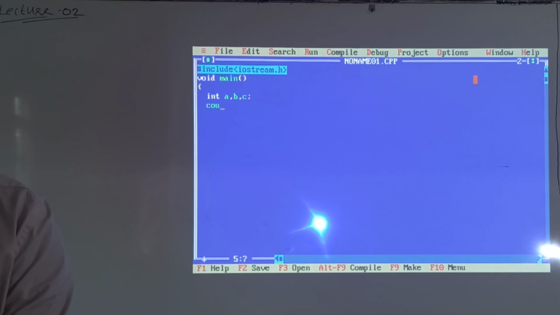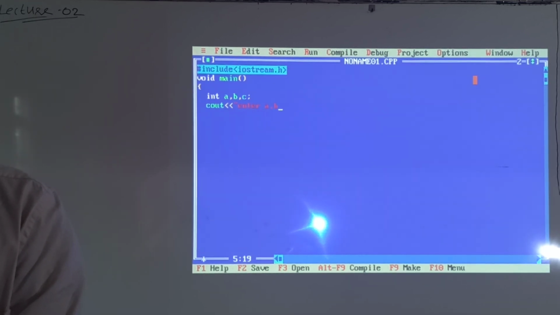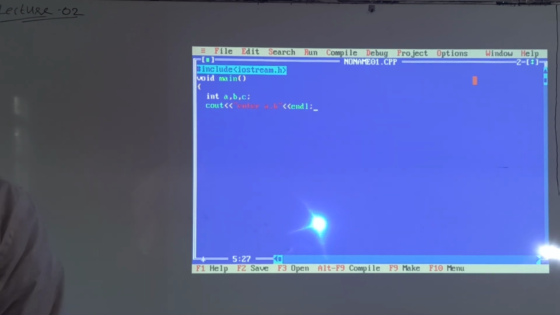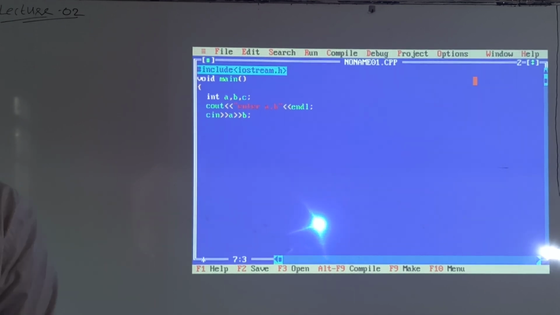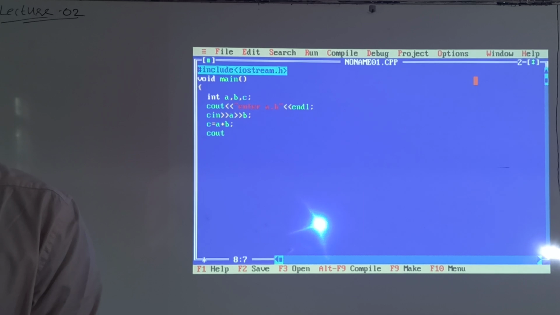Next cout, enter a, b. You can put endl. Next cin a, b. After giving the input, next you can compute c is equal to a plus b. After that, cout.